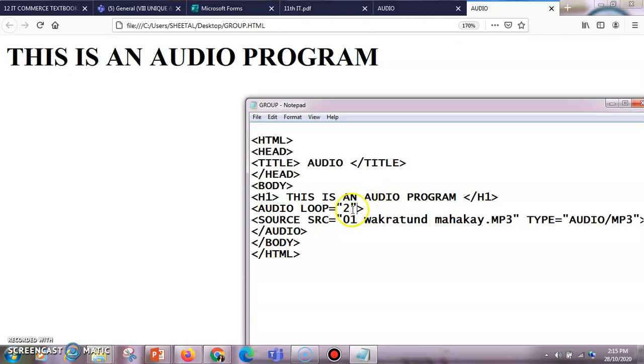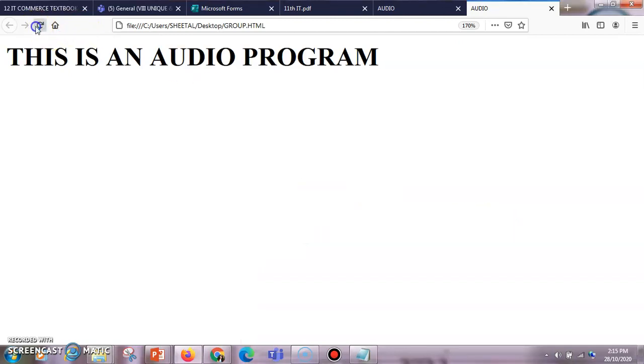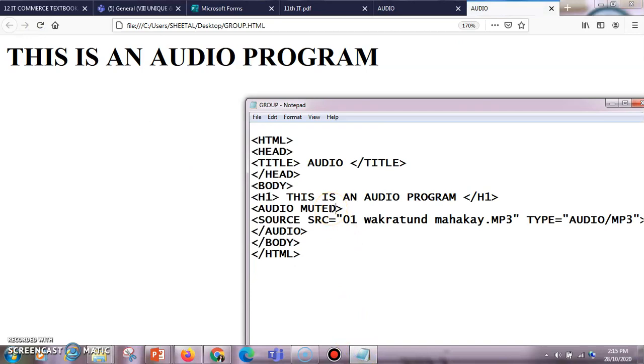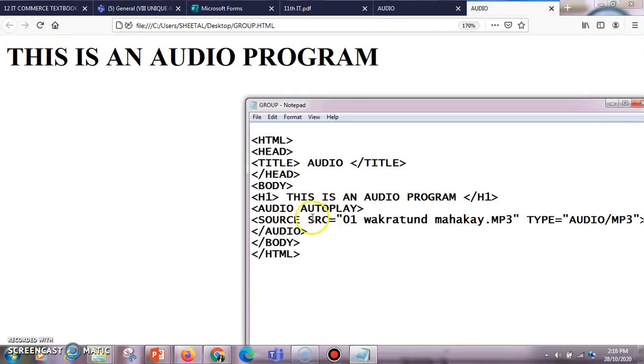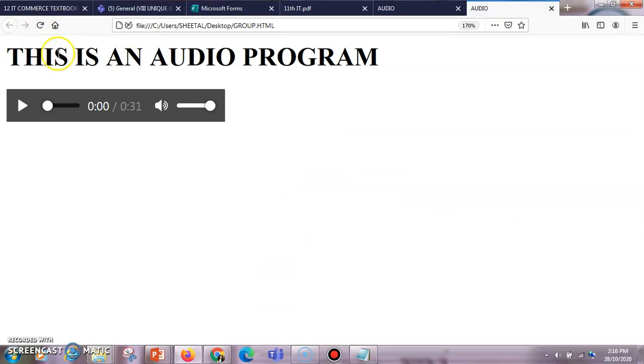This is how you can give it a value, and here you can write a muted attribute also. If you give a muted attribute here, then that too will be applicable. Muted does not have any value, so you can give it directly. You can give autoplay also. With the help of autoplay, as soon as your song is ready, it is immediately going to start playing. Currently only controls is the thing which is working properly for your audio file. With the help of controls you can get the other things also.